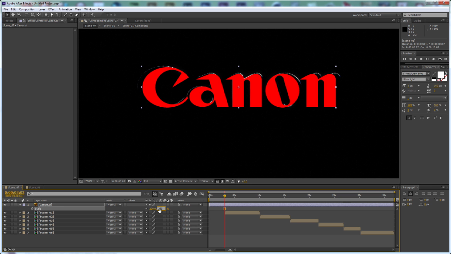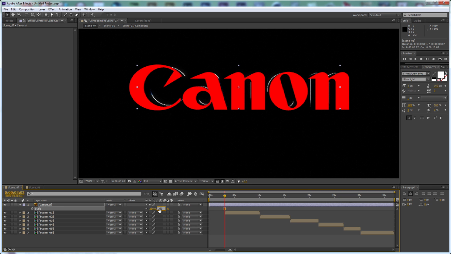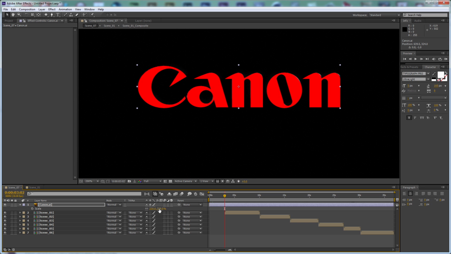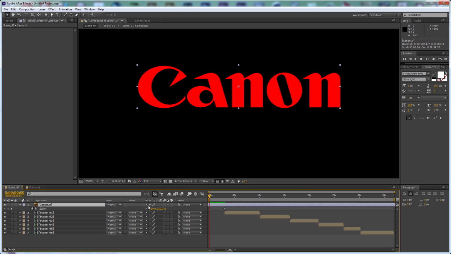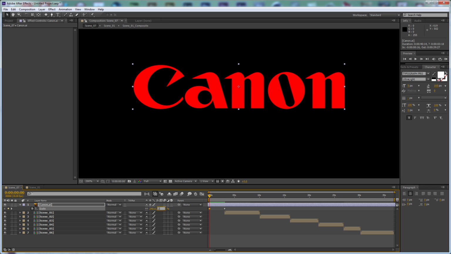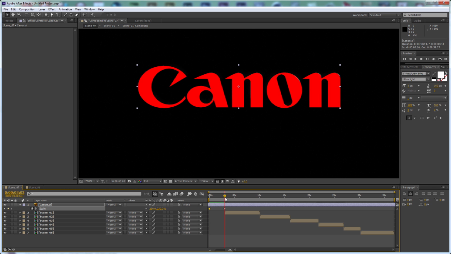On 250 you just need to tweak the settings, set a keyframe, move it to the beginning, and if we extend the layer like that, we can set this to 240 on 235, and then